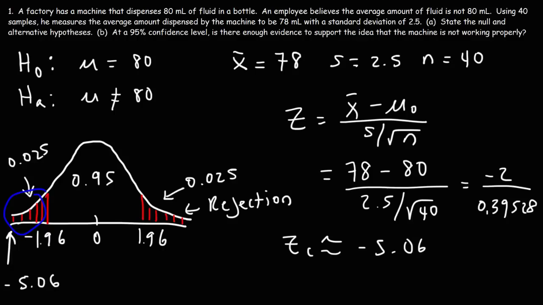Now, before we move on to the next problem, there's something I do want to mention, because I simply stated that for a 95% confidence level, the z-value is 1.96. And due to the symmetry, if you know the right side, you know the left side. But I didn't mention how to get it. I did cover this in another video. So if you go to YouTube and type in how to find the z-score, given the confidence level